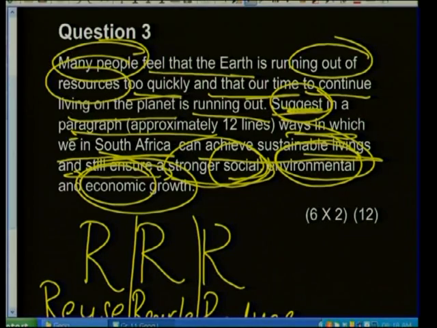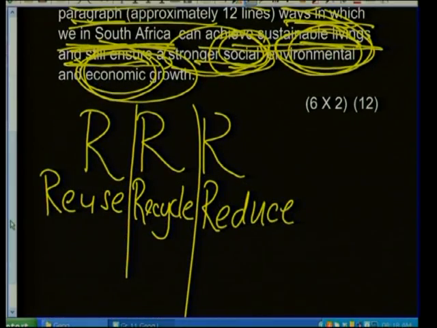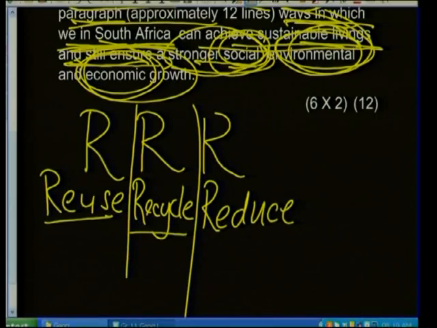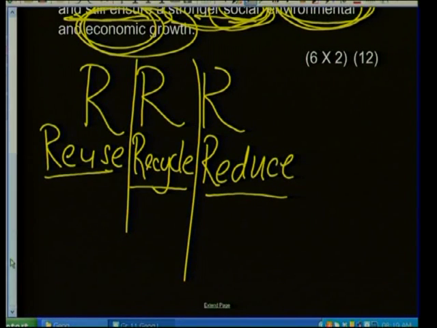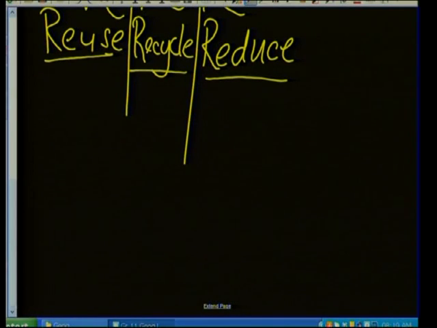Let's go back to the question. Suggest in a paragraph ways in which we in South Africa can achieve sustainable living and still ensure a stronger social, environmental, as well as economic growth. And I've asked you to remember the three R's. Remember reuse, recycle, and reduce. Let's write our paragraph. Simply put, in order to ensure sustainable use of our economy, we must ensure that our